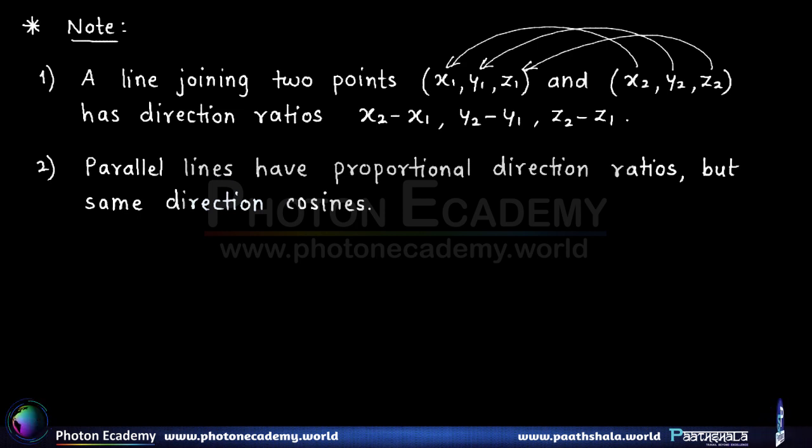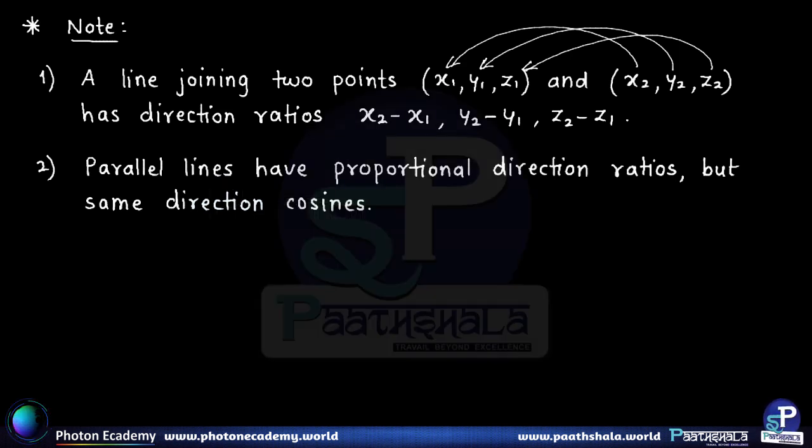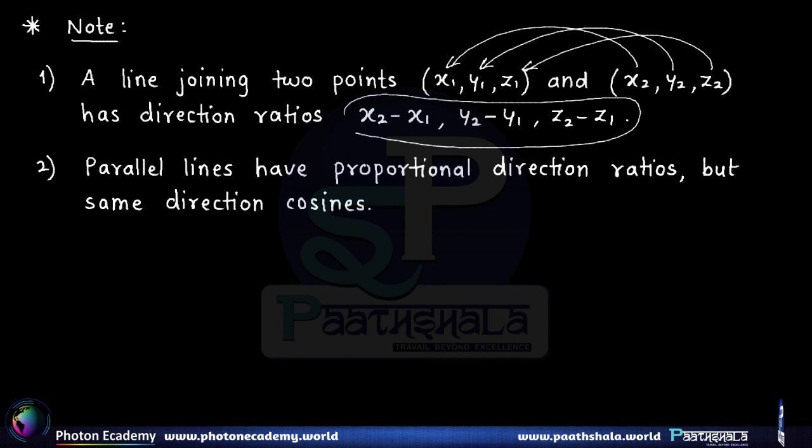But just to highlight one point here, as we know, direction ratios are not unique sets, right? There can be infinitely many sets depending on the factor. So it is not that only this particular set of values that we have got is the direction ratios, but any multiples of these values would of course also be the direction ratios.